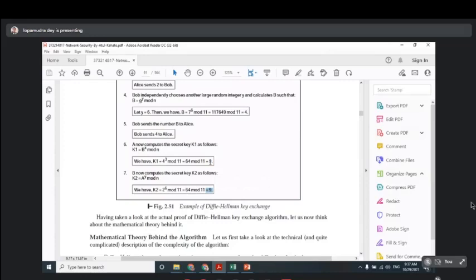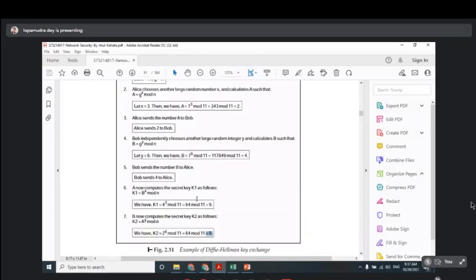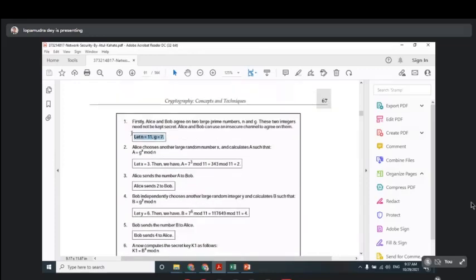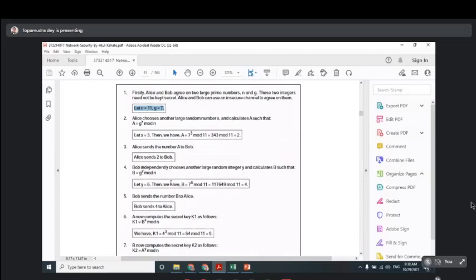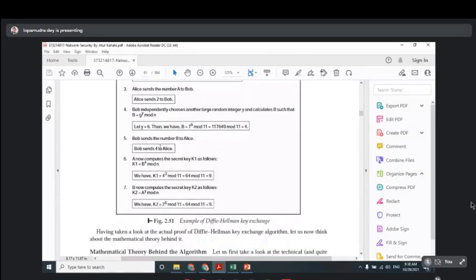Now this key can be used for encryption and decryption purposes. So what is the advantage of the Diffie-Hellman key exchange algorithm? We are not sharing this 9. We are not actually sharing the symmetric key that will be required for encryption and decryption. Instead, we are sharing some random prime numbers and some auxiliary values between Alice and Bob. That's why this Diffie-Hellman key exchange algorithm is very famous.